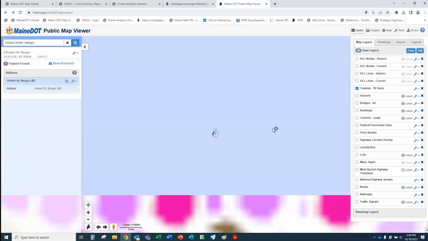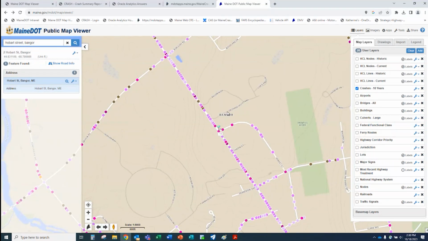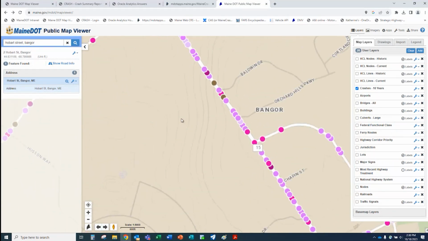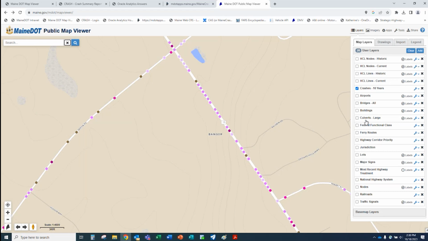Search. Okay, so this right here is Hobart Street. What I'm actually looking for isn't necessarily Hobart Street. I'm actually interested in this section of Broadway right here. I just knew Hobart would get me close. So I use this little search tool here to get there.